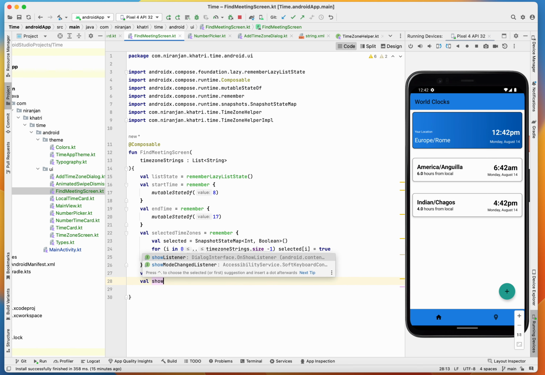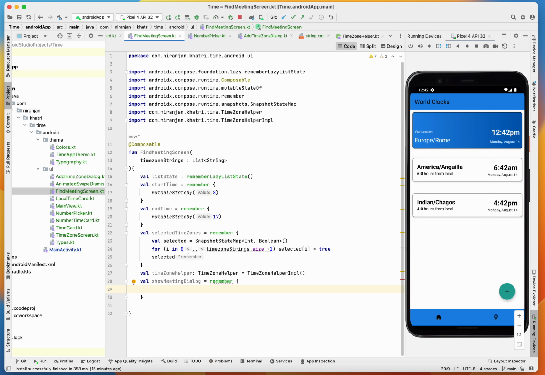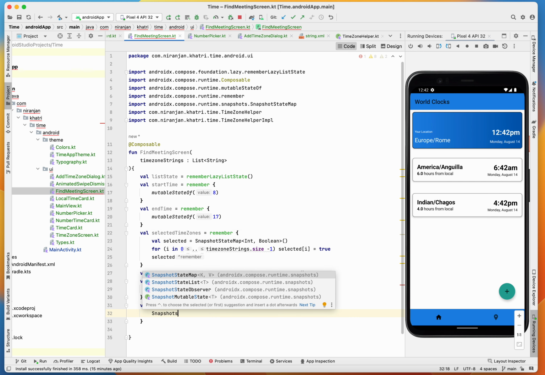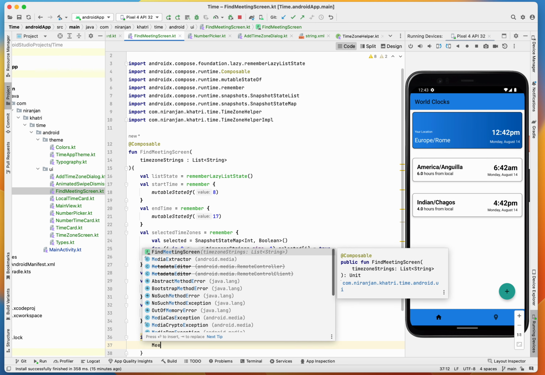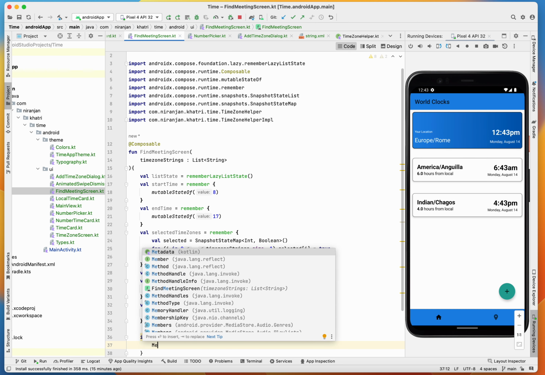Okay, so we have a show meeting dialog, remember, mutable state of, then you have meeting hours, remember, snapshot state list of int, and if show meeting dialog dot value is true, then you show the dialog, right? Meeting dialog, but